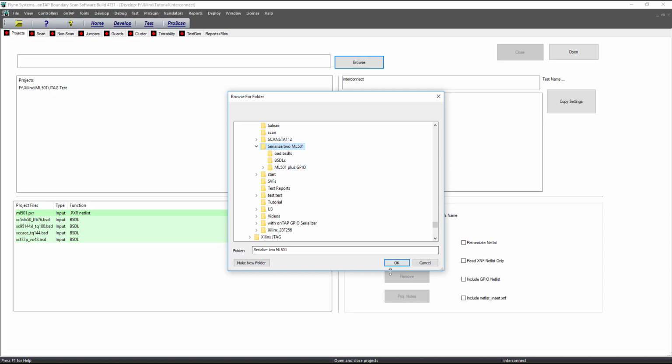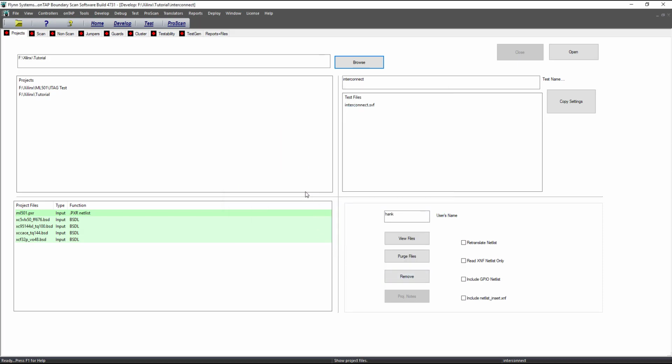So we have selected the project folder, and in that folder we see there is a CAD netlist. This is a Xilinx style netlist, and some BSDL files. The BSDL files, boundary scan description language files, describe the JTAG implementation on vendors' devices. The default name is interconnect for the first test that we're going to develop. We will click open to open the project,